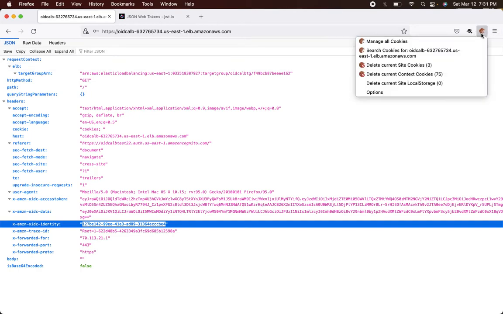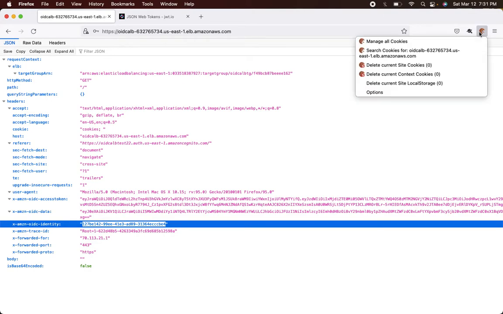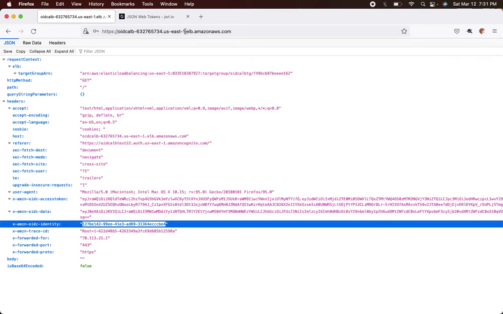So I have a plugin for that. If you want, you can also install it. It's a really nice plugin where you can easily clear the cookies. I regularly use plugins like SAML Tracer, cookie managers, all those things. So now I clear the cookies. So if I try to access this,